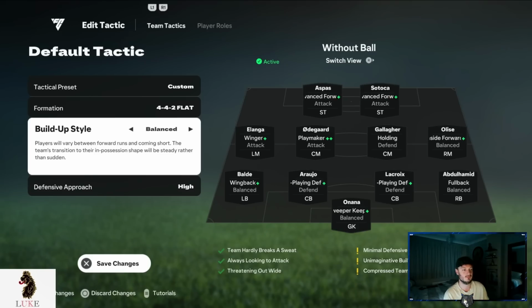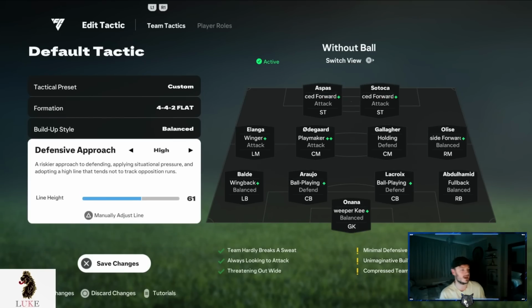Now, with the defensive approach, YouTube, I have it on a manual adjusted line. So I have it on 61. That is like last FIFA's defensive depth. So I really like that. We are a little bit more aggressive, but we're not way up YOLO like last year's 100 depth. You know how broken that was. I think 61 is very, very, very good and something that I am very much enjoying in the draft and